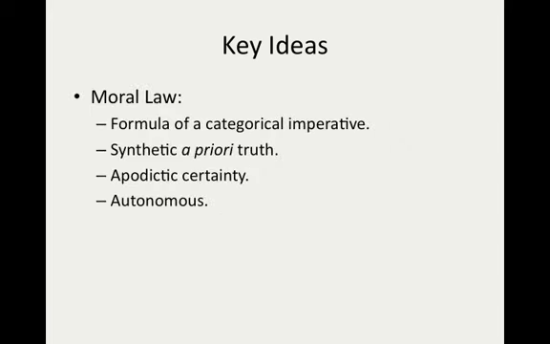The moral law, says Kant, to summarize, is a formula of a categorical imperative that has its necessitating force on anything belonging to the category rational, and that's you and me. It's a synthetic a priori truth. It's not built into the definition of rationality. Nevertheless, it's necessarily true with, in fact, apodictic or unquestionable certainty, and that moral law has to come to us autonomously, not by our own human nature, but by the structure of reason, the structure of rationality that's within us.